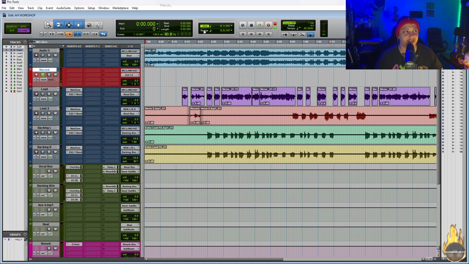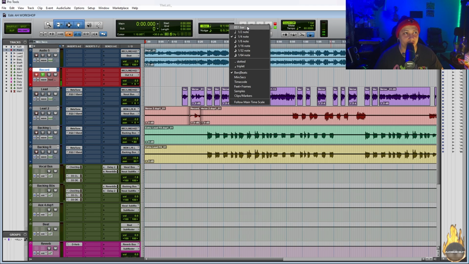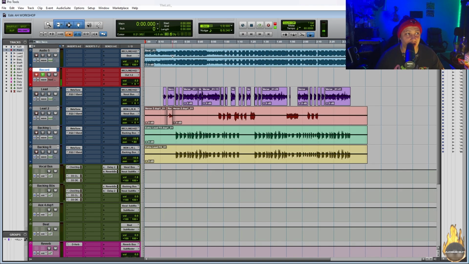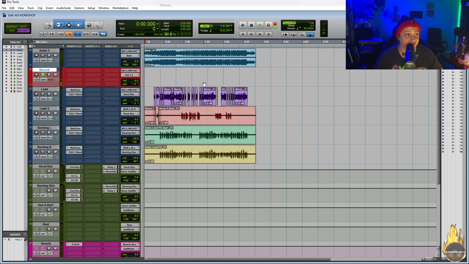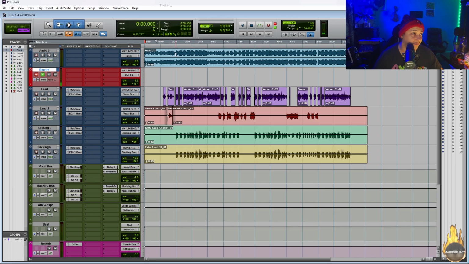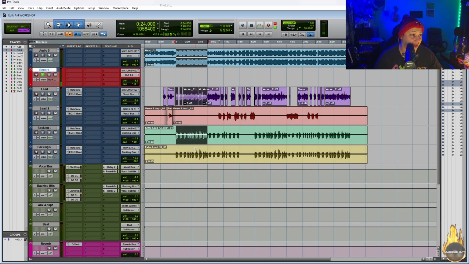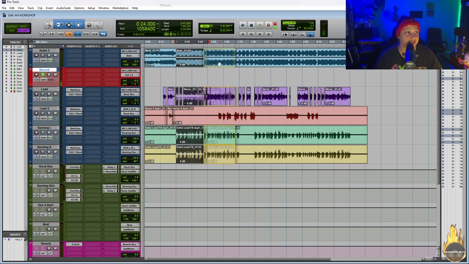The next button is the grid and the nudge. If you utilize these when it comes to recording, it can really speed up your process. If you change it all the way to bar, say you have a hook over here, for instance, this hook had to be dragged over, right? So I'm going to highlight what I need from that hook, and then it's really easy to just drag it on over. You see, it's a lot easier to drag it on over compared to